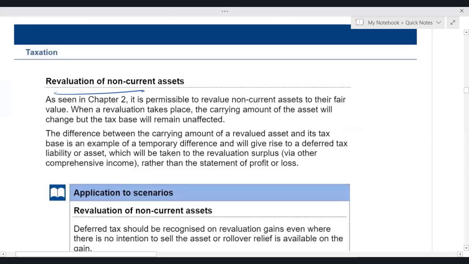Repeat: if your deferred tax liability arises from revaluation surplus, then it will be charged to revaluation surplus, which we did also. Okay, now